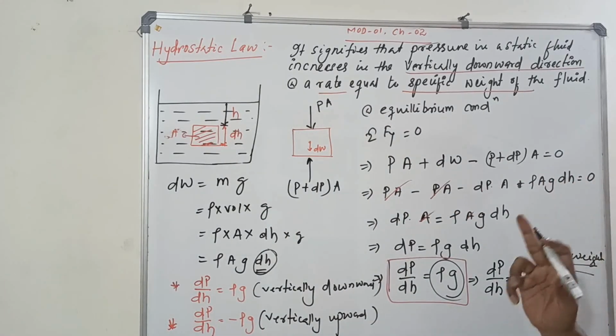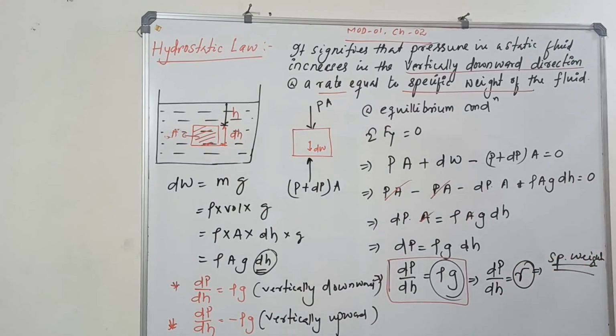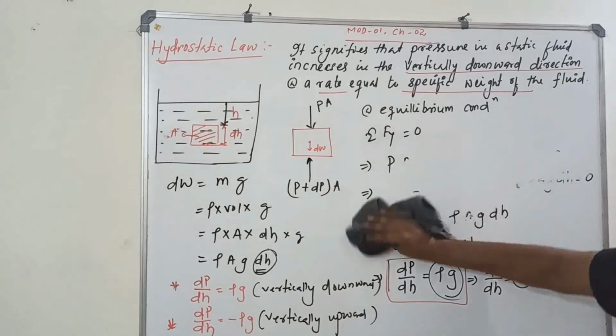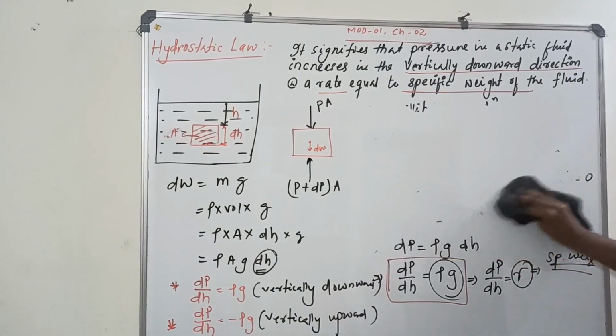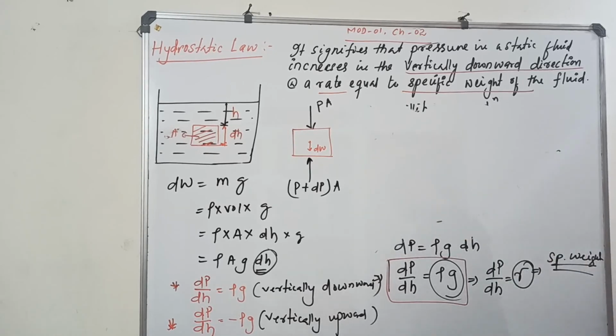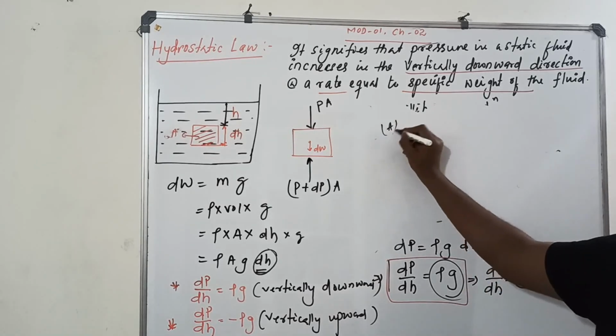We will go for 2 cases. This is valid for incompressible as well as compressible flow. Okay, shall I erase? See, I am erasing now. So we got dP, first, if you take incompressible flow,